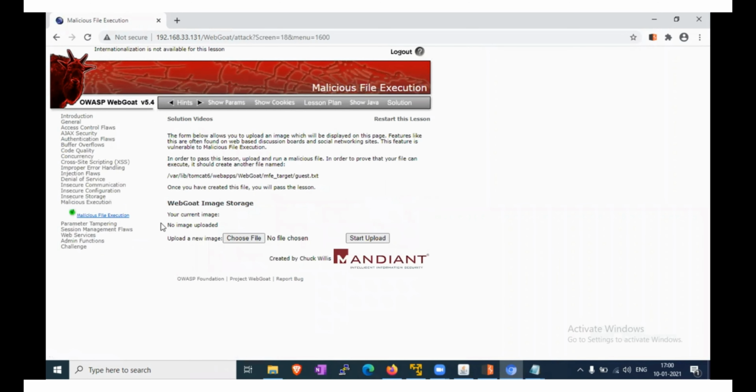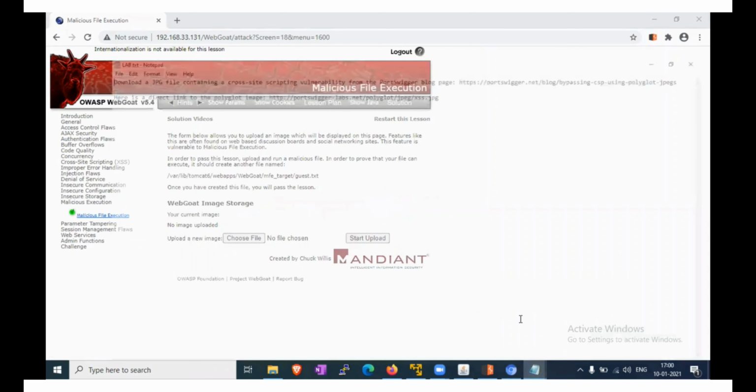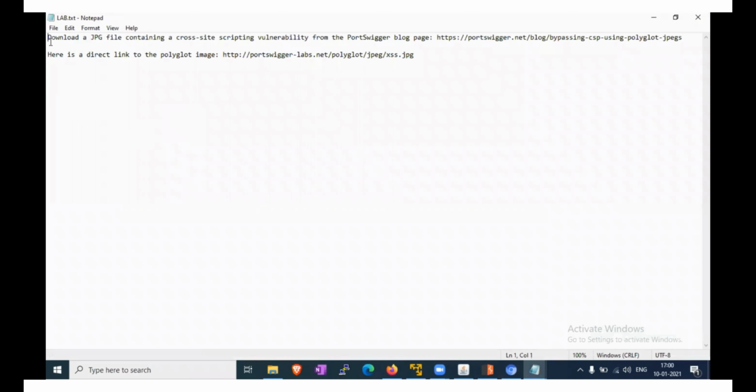For this testing, we have to download the JPG file with the cross-site scripting vulnerability from the PortSwigger blog. This is the link. You can read that blog. It's a very good article.